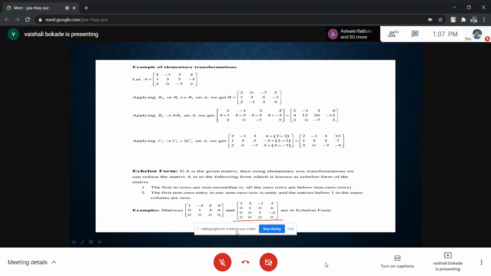I have to convert the given matrix to echelon form, and while applying row transformations, if I get a zero row, I transfer that zero row to the bottom. In the non-zero rows, the diagonal elements at the 1st place, 2nd place, 3rd place, I have to convert to 1. In the first column, except at the 1st place, I have to make the elements 0. In column 2, except the element at the 2nd place, the elements below a22 I have to convert to 0. The element at the 3rd place I have to make 1, and the remaining elements in column C3 below a33 I have to convert to 0.